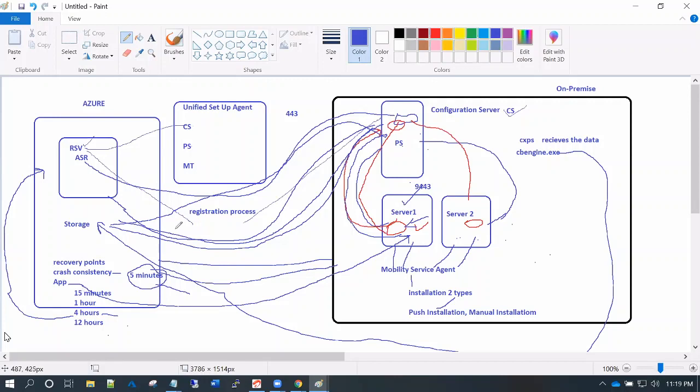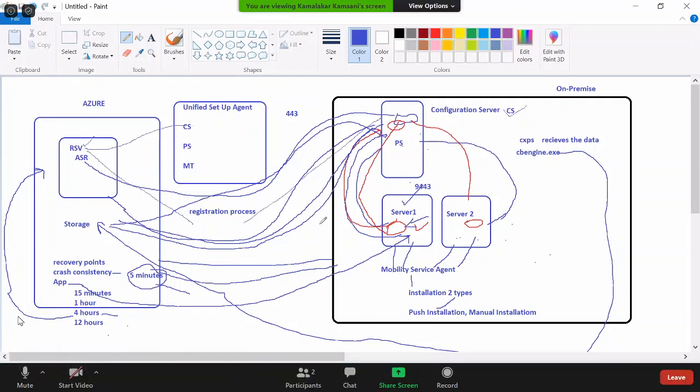We spoke about this end-to-end process. Maybe in the next session we will walk you through all the scenarios or steps with demos so that you'll get more clarity.